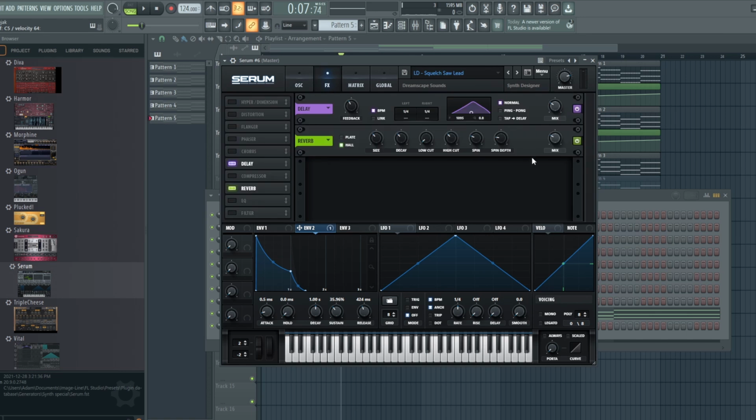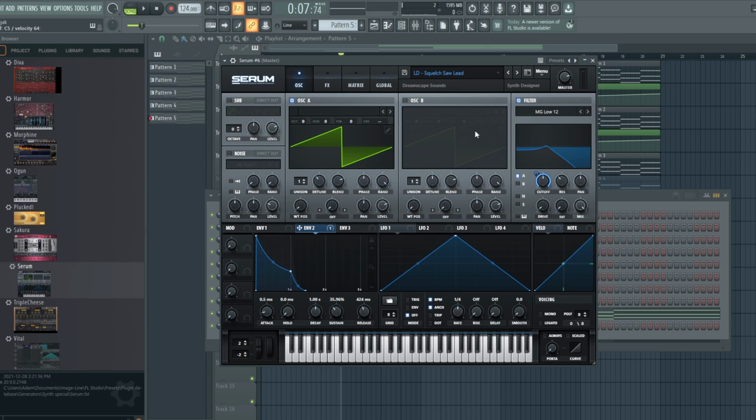It has no other effects other than a basic delay and reverb, but that's all you need in this case. You could even think about adding some compression to take it over the top, but I didn't add that in this case. This next sound here is basically a variation on that second sound that we had, and the first pattern that we had